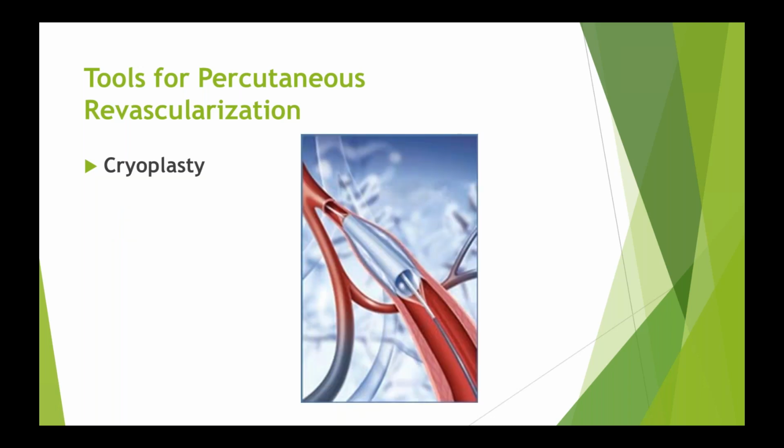And then, as far as being one of the latest, cryoplasty, which is an alternative to angioplasty, is a technique that, in theory, can reduce recoil, dissection, and intimal hyperplasia by applying a very cold temperature directly to the vessel using a cryoballoon. The cryoballoon can be used as a primary angioplasty balloon or in conjunction with a stent.